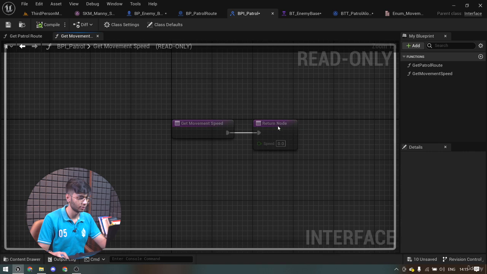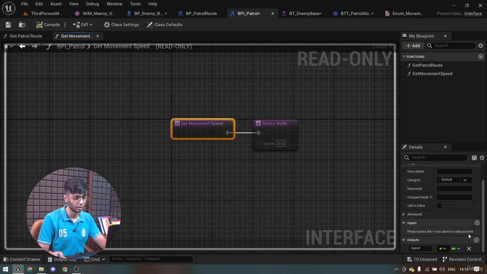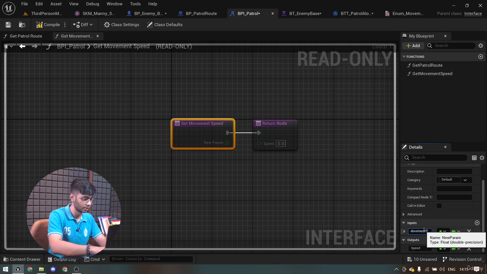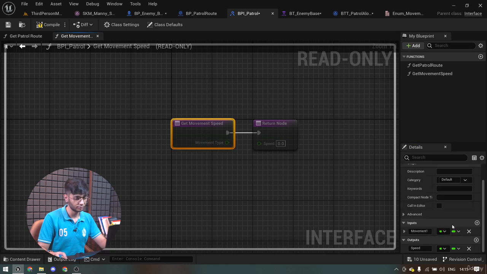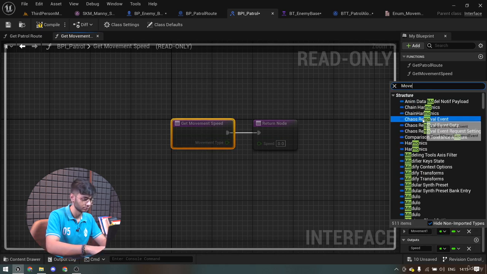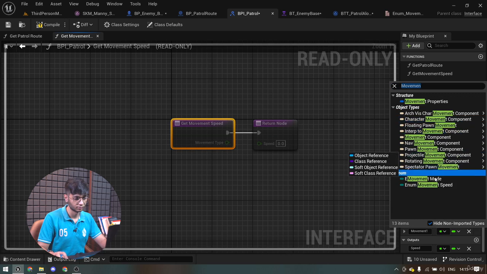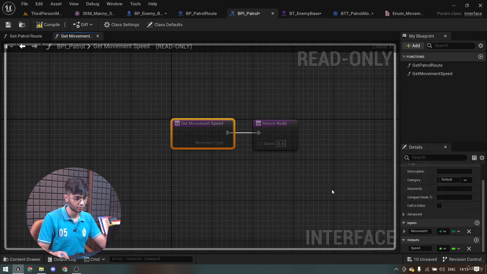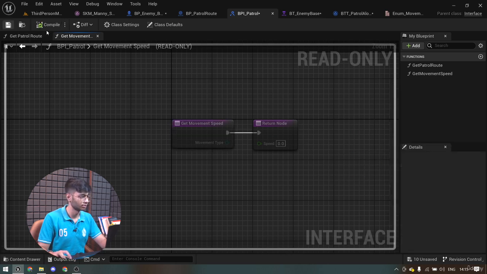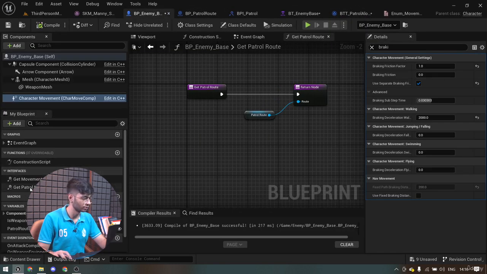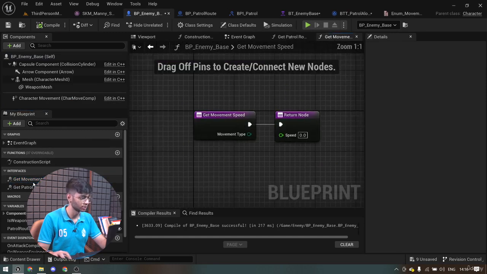Along with that, we will also have an input node, which will be the movement type. So it will be based on the movement type enum that we just created. And we just need to implement this in our enemy. So again, under interfaces, we are going to have that function. We're going to double click that,